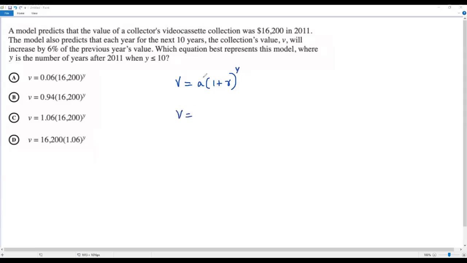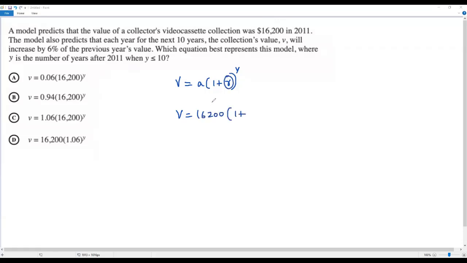A is the initial value of V. As I said already, Y represents the number of years after 2011. So 2011 is the starting year. So A is the initial value of this V. The initial value is nothing but the value of V in the year 2011, that is 16,200. That we can plug in for A, 16,200 times (1 +